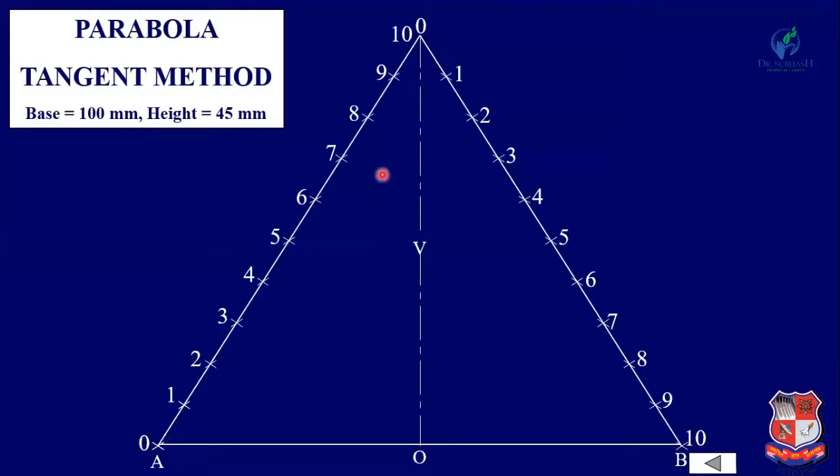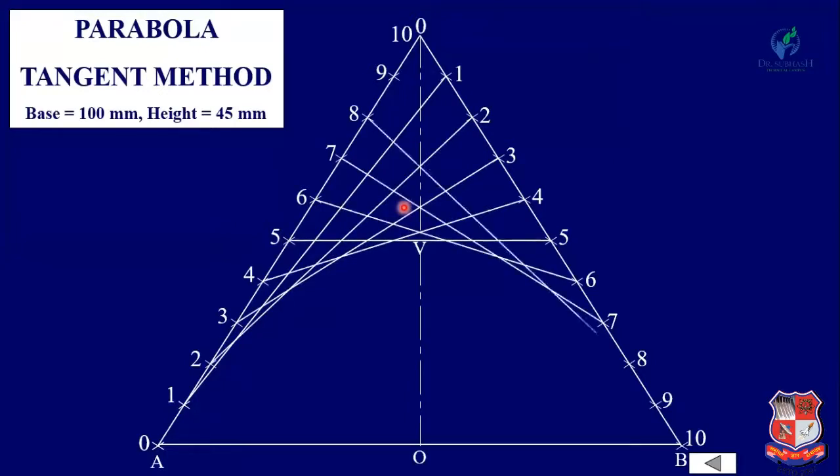Okay, so the next step is to join point 1 to 1 by a straight line. Similarly join point 2 with 2 by a straight line, and all the points: 3 with 3, 4 with 4, 5 with 5, 6 with 6, 7 with 7, 8 with 8, 9 with 9 and 10 with 10. Okay, so you will get a shape which is equivalent to the parabola. And now from point A, draw a curve which will be tangent to all these lines, so you will get